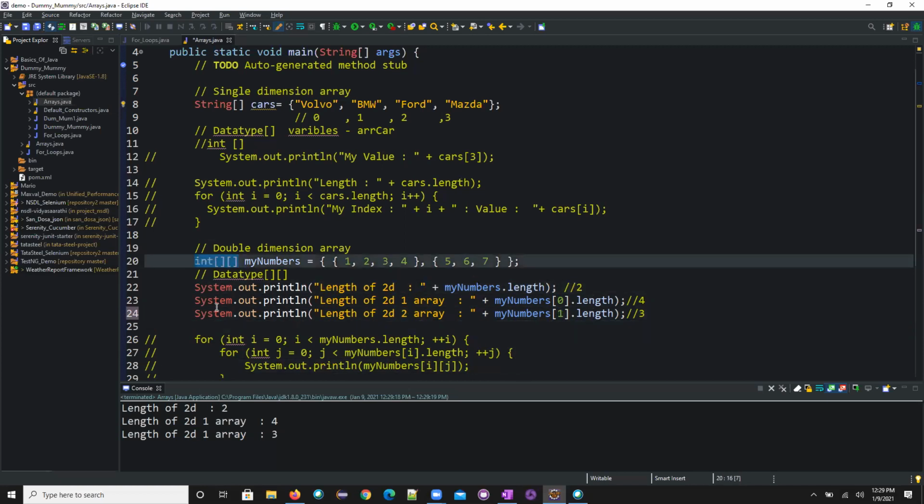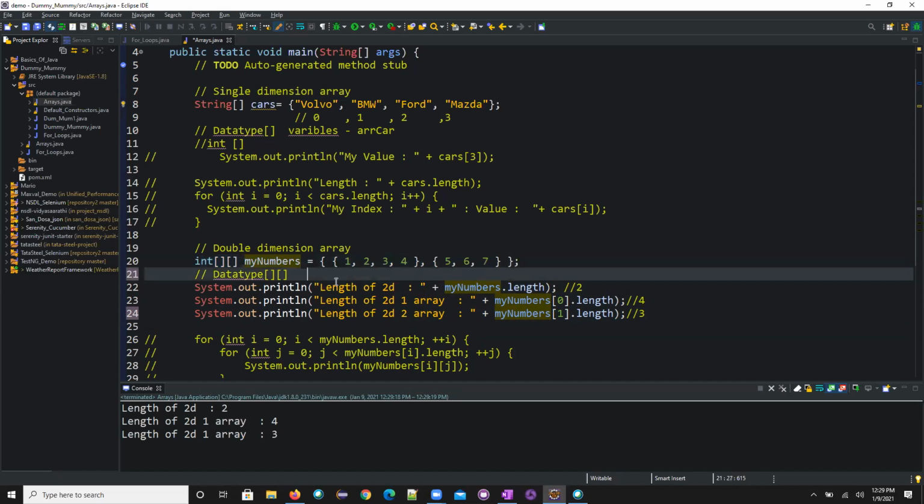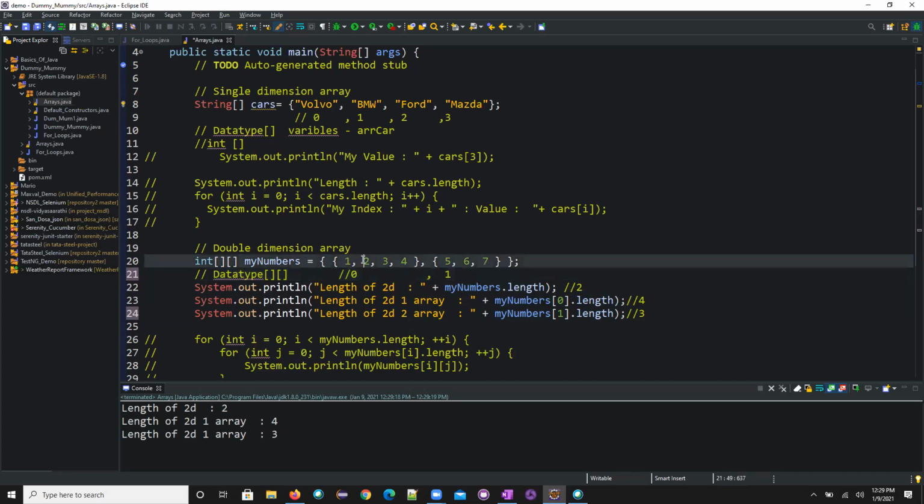Just I defined my two-dimensional array. Given the variable, I kept 2 lists. Now the index of this one is 0, comma 1. So now first I taken the length. Okay, length of the 2D. So it has 0, 1. That's where it printed 2.